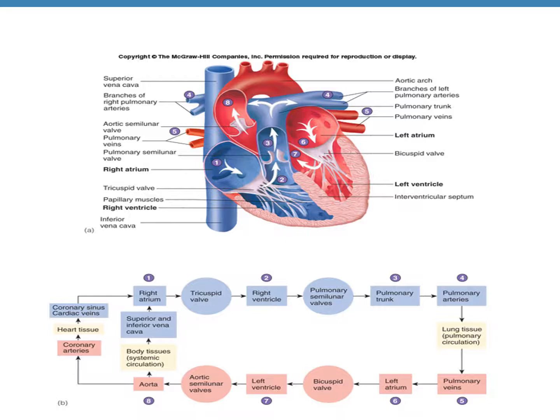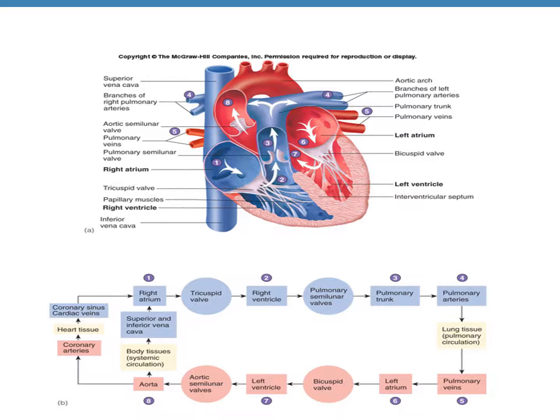Then it makes a U-turn, this is called the aortic arch, and then it starts going down, that is the descending aorta. At every level of the aorta, there are branches of blood vessels coming out, and thus every part of your body is supplied by blood. This blood is rich in oxygen, and the oxygen is used up by the cells and tissues, and then the blood becomes deoxygenated, and this deoxygenated blood is then transferred back into the right atrium through the 3 blood vessels